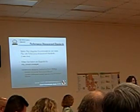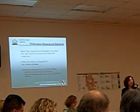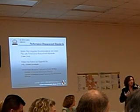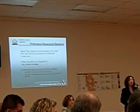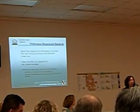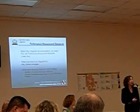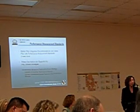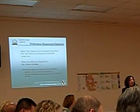These actions are followed up with performance measures, and there are 50 detailed strategies for implementing the 15 key actions in the master plan. Again, this is the administrative part of the plan. This is the way that your staff is going to be able to measure their progress towards meeting the plan goals. We've tried to articulate those in very clear and specific language so that we can take a stepwise approach to this program. The key performance measures that are illustrated really are the city's CIP and the city's impact